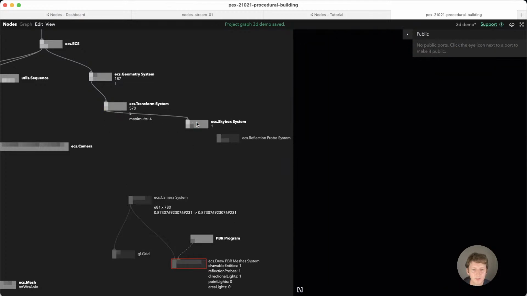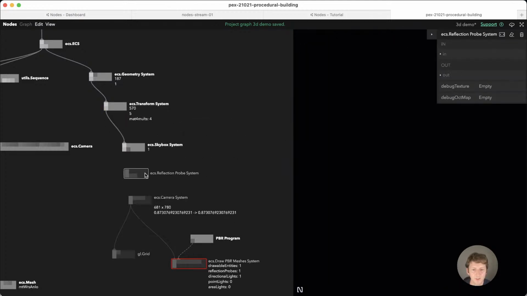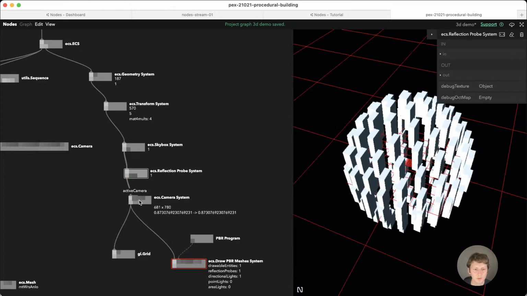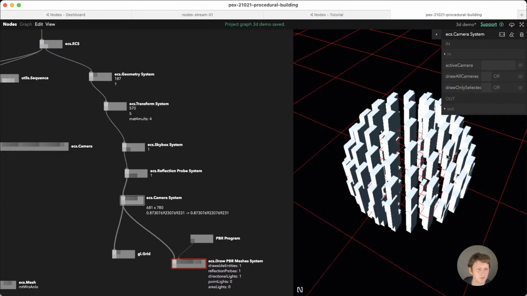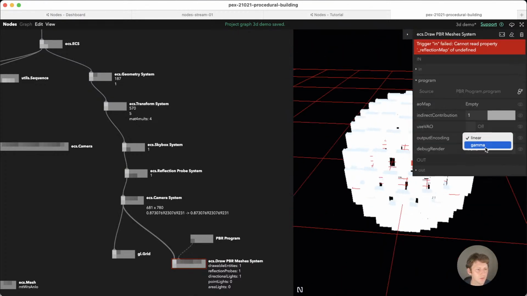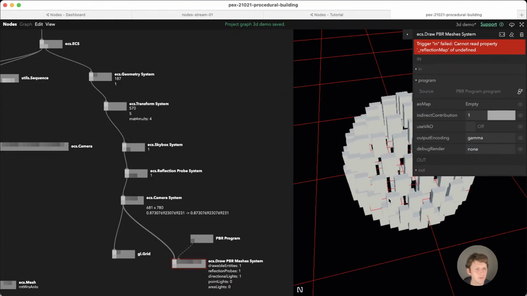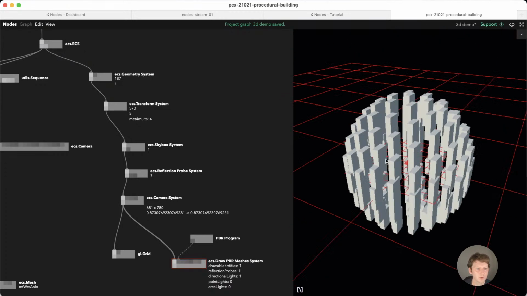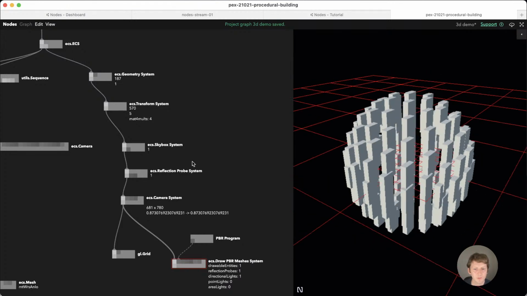This all sounds very messy and complicated, but again, you set it up once, and I have meta nodes here, and you would need to click a checkbox or something, so it's not like it's that much more work. And I need to change rendering to gamma instead of linear to enable better color correction. So now I have those cubes,